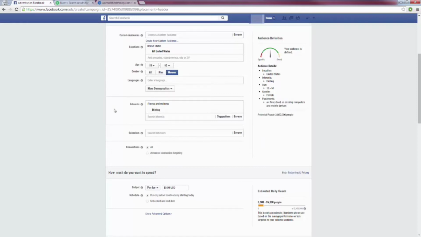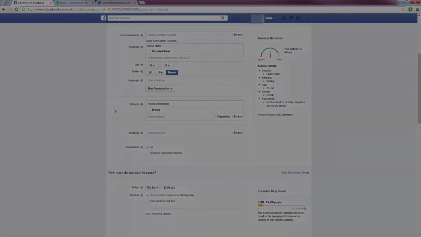So you have all these ads that are exactly the same, except each one has a different interest, and this way you can focus on each individual one and see which one is converting the best, and stop advertising on the ones that aren't converting the best, okay? That's just how simple it is to drive traffic to your squeeze page using Facebook and building your list. Just focus on your interest, see which one is converting the best, and then you can expand on that and stop wasting your money advertising to the other ones.